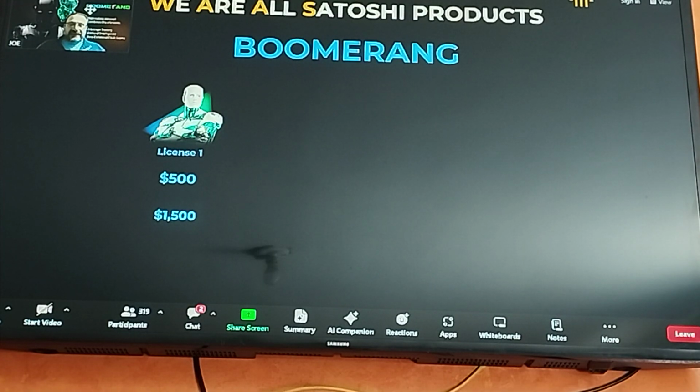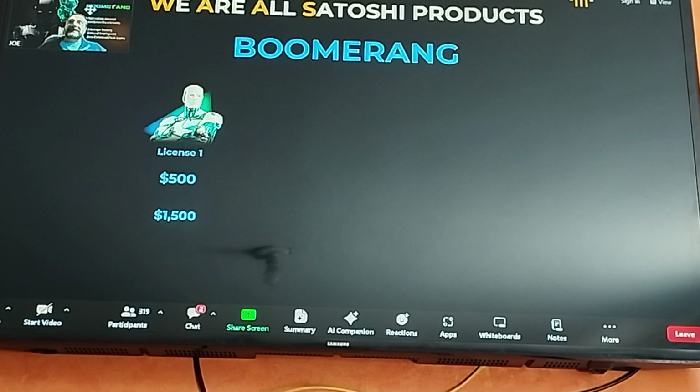We have a few licenses available. So we have license number 1, which is $500. Every license comes with a pre-launch limit. We are currently in pre-launch. We're still on the beta version of Boomerang. We don't launch until the 1st of March. So all licenses that are purchased between now and March come with a preliminary flash loan limit